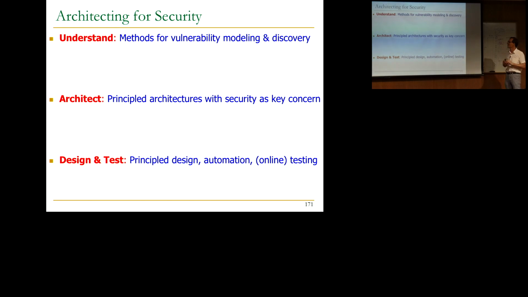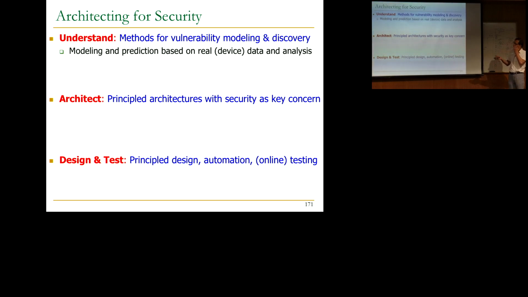I don't know yet. So this is my one-slide recipe for potentially architecting for security. Again, very general security with a focus on memory. I think we don't even understand. We should start with understanding. Basically, we need to have methods for modeling vulnerabilities, reliability problems, and maybe somehow discovering them. Like VRT is something that we understood a little bit, but we don't even know how to discover it, right?